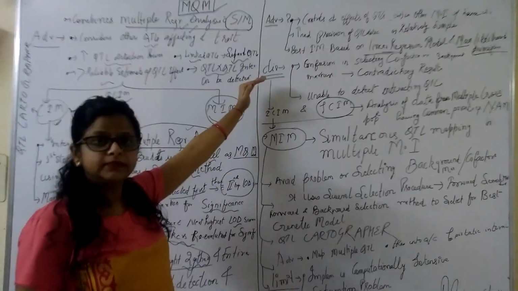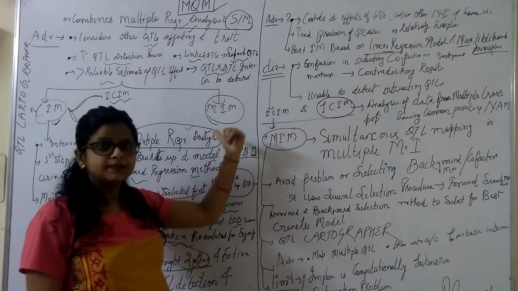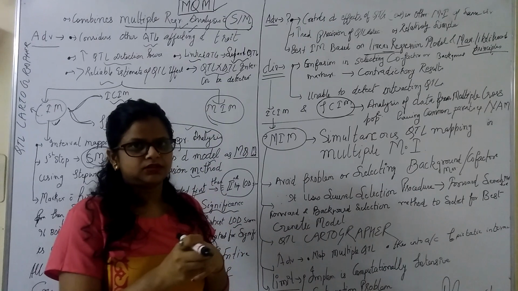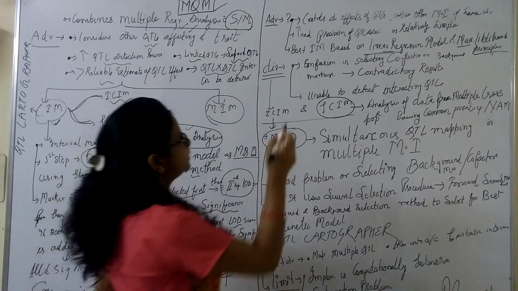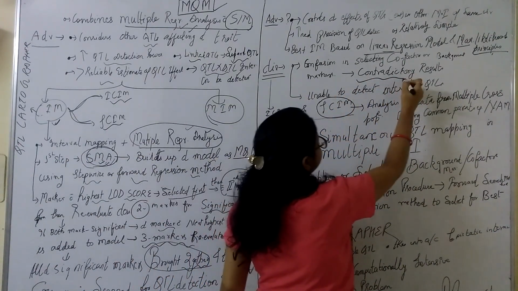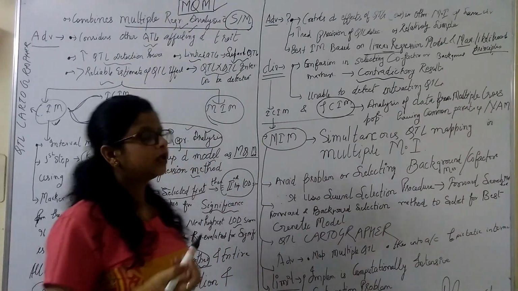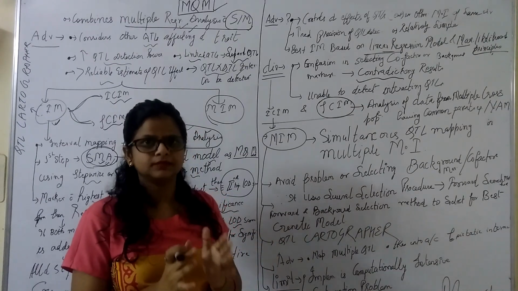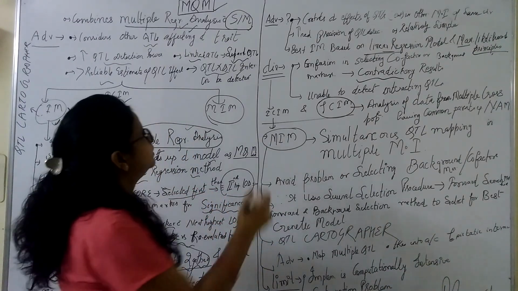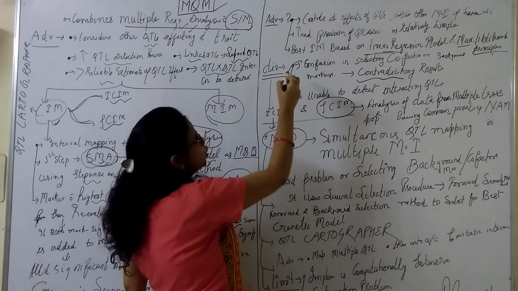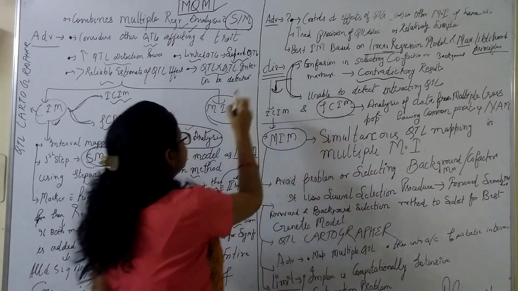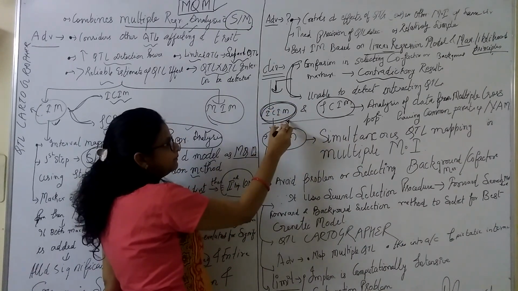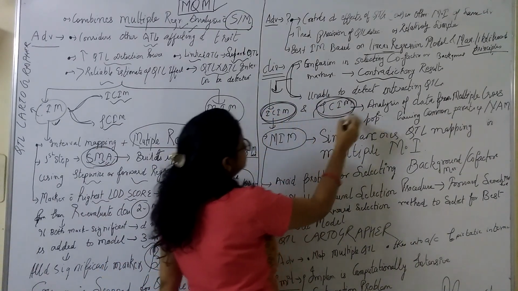Now the major disadvantage associated with this method is that there is confusion in selecting the cofactors or background markers. Because of that, it leads to contradictory results, and it is unable to detect interacting QTLs, that is, epistatic effects. That is its major disadvantage. To overcome this, it was further extended as the inclusive composite interval method and the joint composite interval method.